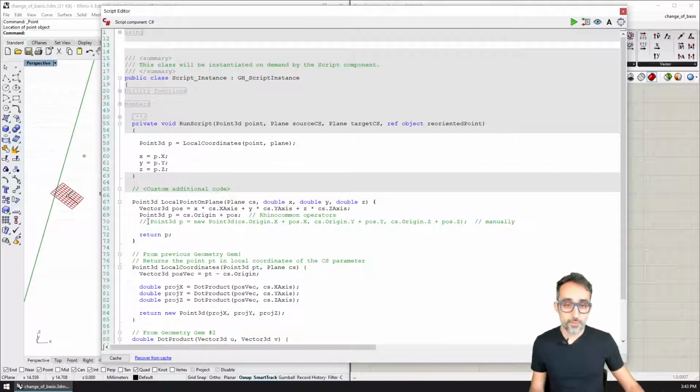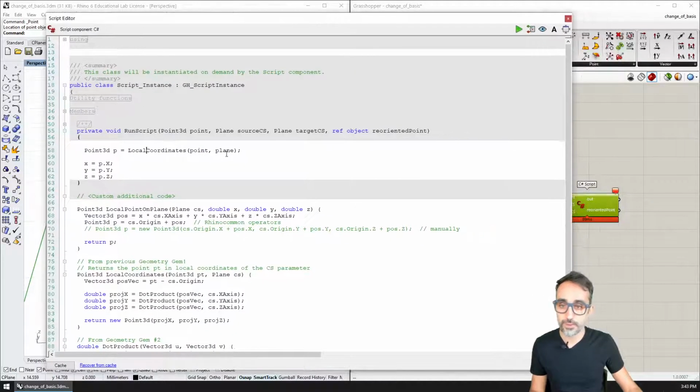So what I could do now, very simply, is say point p is the local coordinate of the point that I have been given in the source coordinate system.